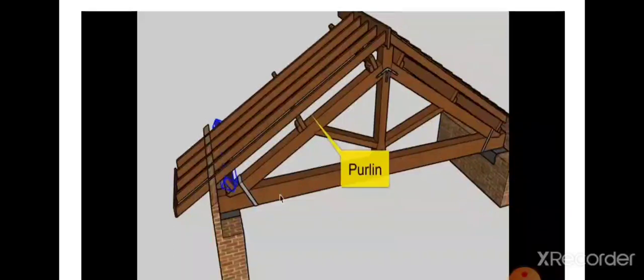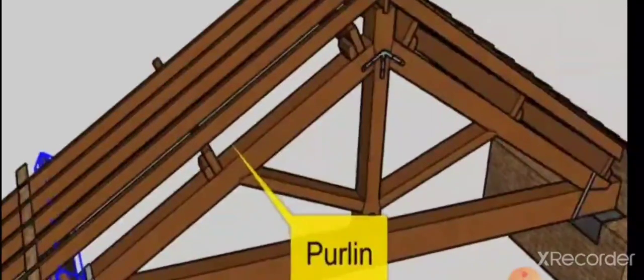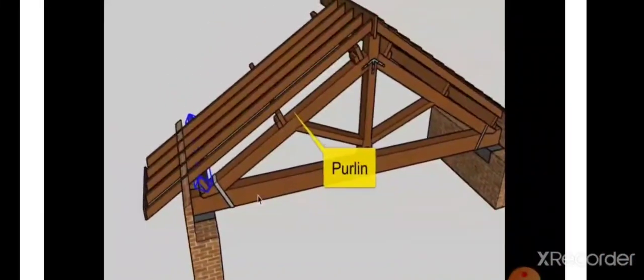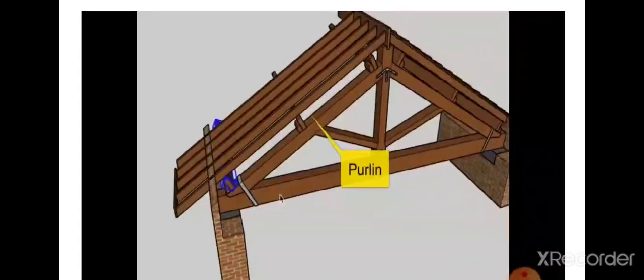You can see 3 numbers of purlins here. One purlin is highlighted by blue color. One purlin is at the middle. The L pattern members are the purlins here. So there are 3 purlins. One purlin is highlighted by blue color, one purlin is highlighted by the arrow mark, and one purlin is near the top. So there are 3 purlins, as you can see.